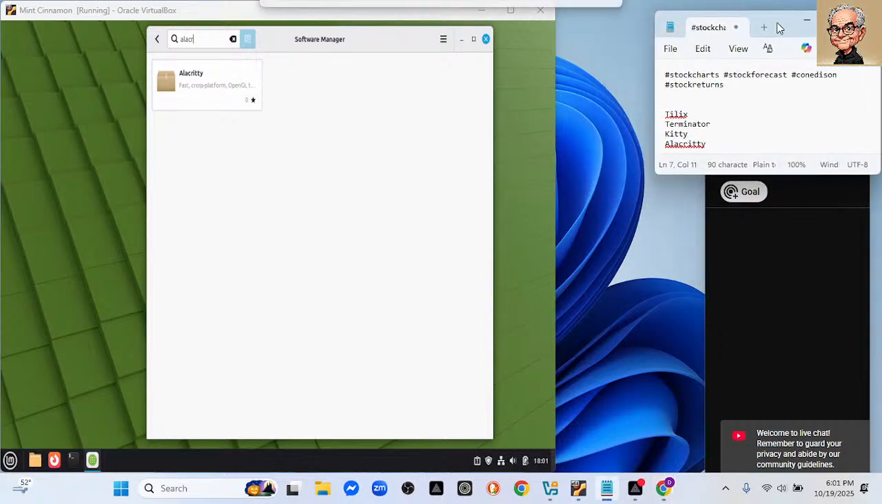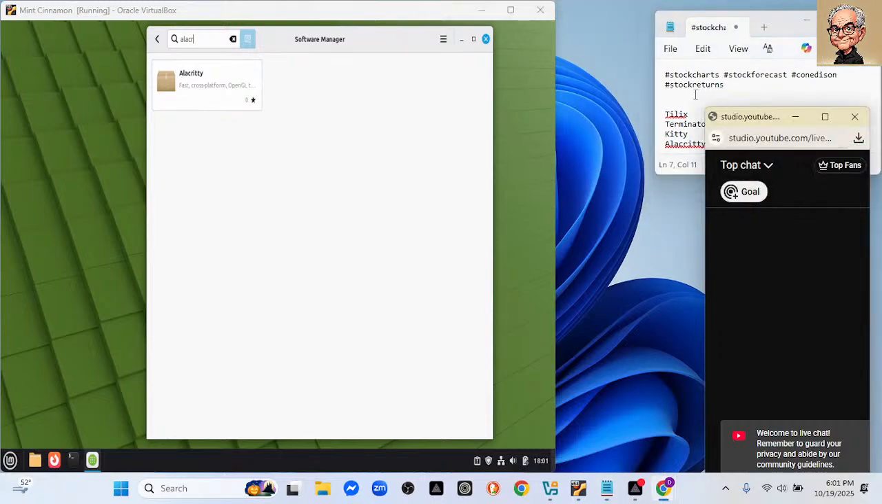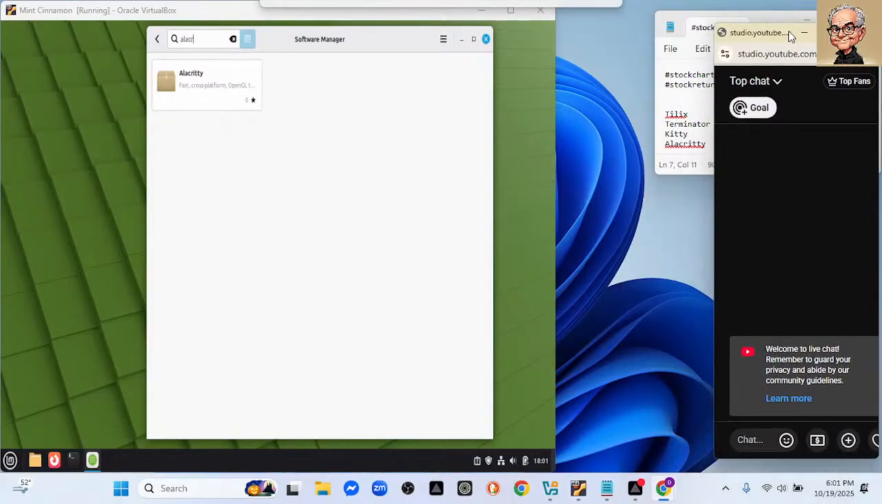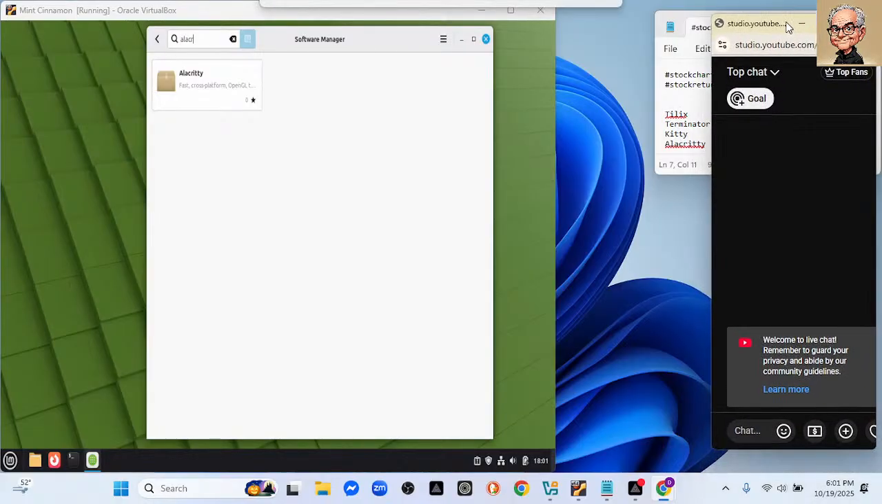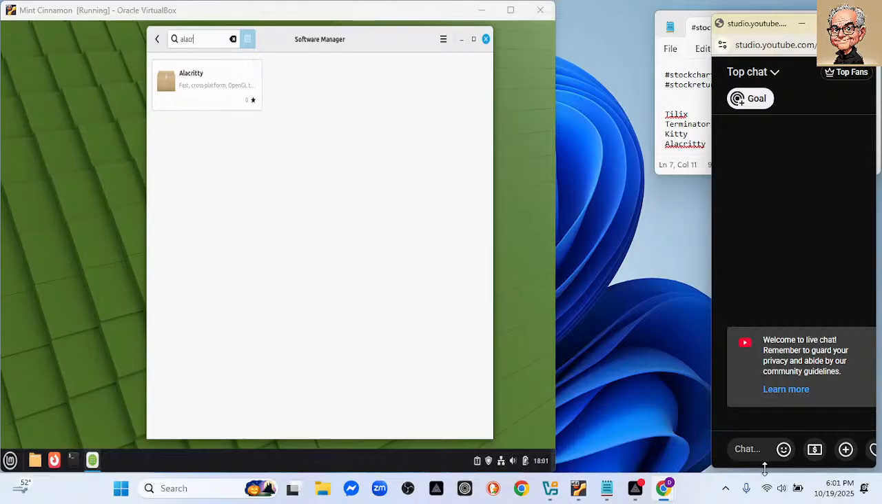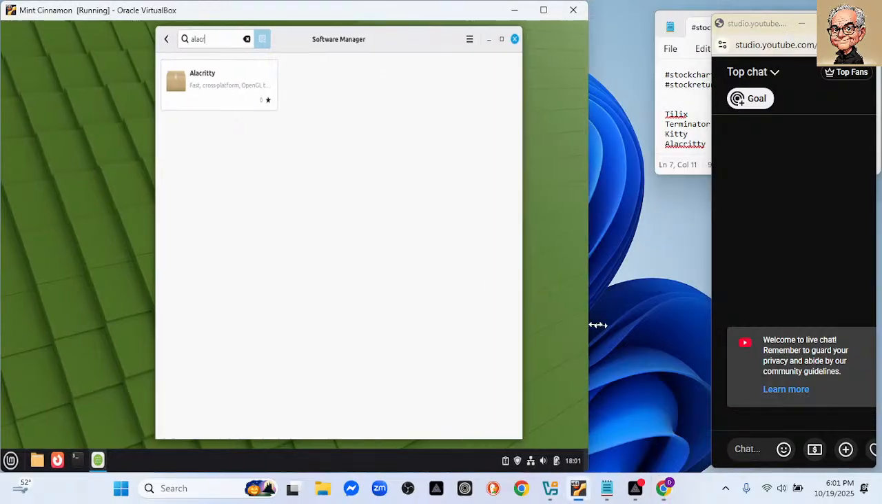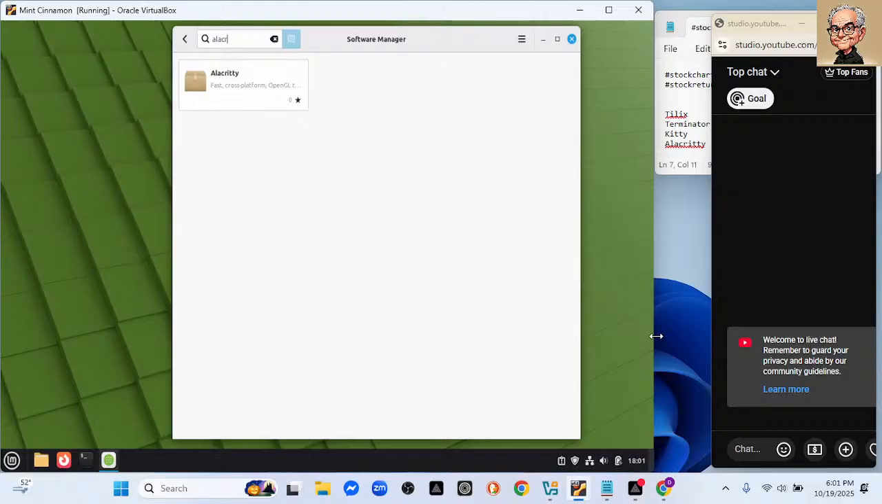Come back over here like this. This is our task folder. Now we're going to install four terminals. Okay, and as always the case,